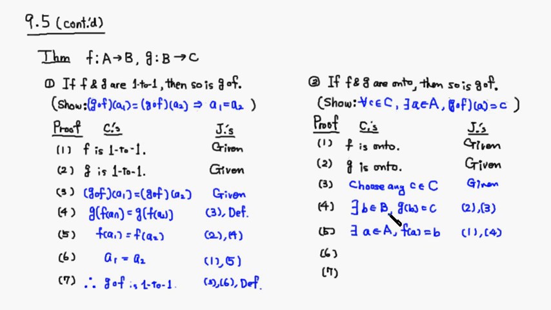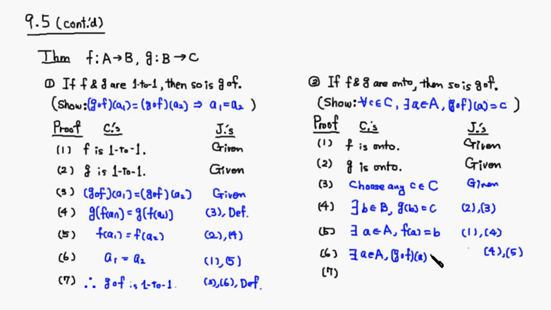Combining lines 4 and 5, we can say this: for any element c, there exists an element a in A such that if you look at g of f of a,